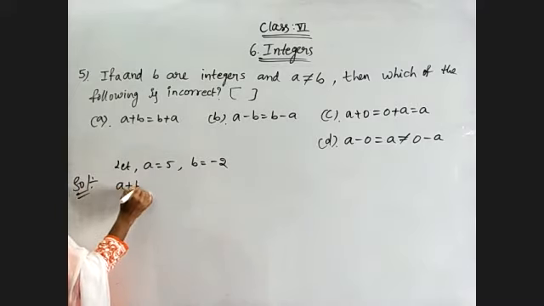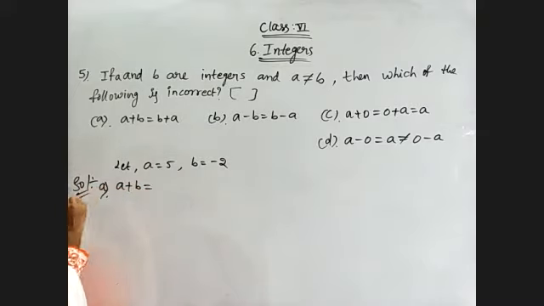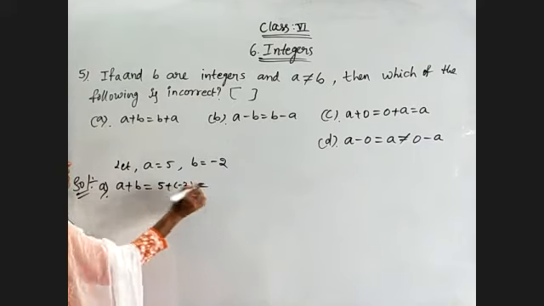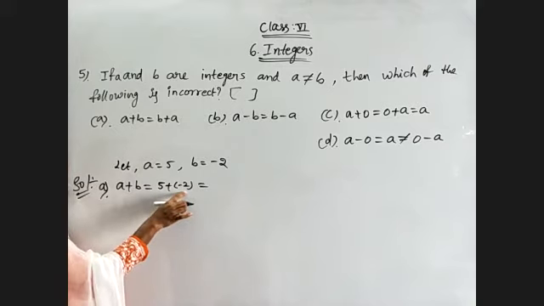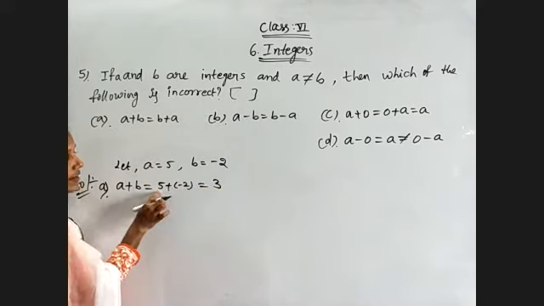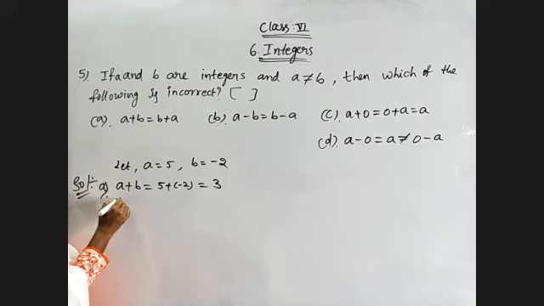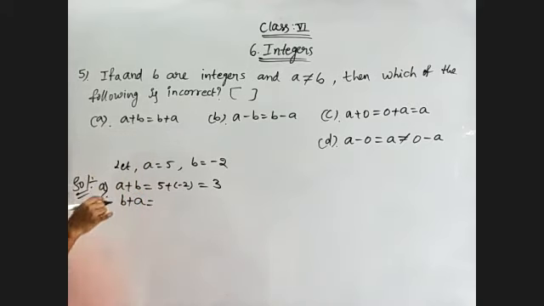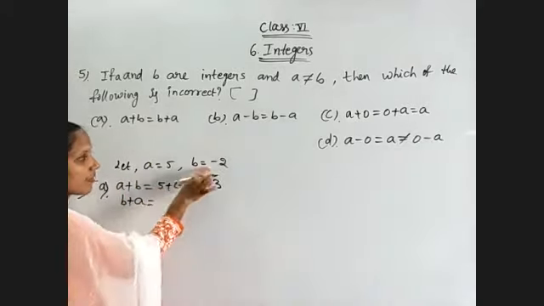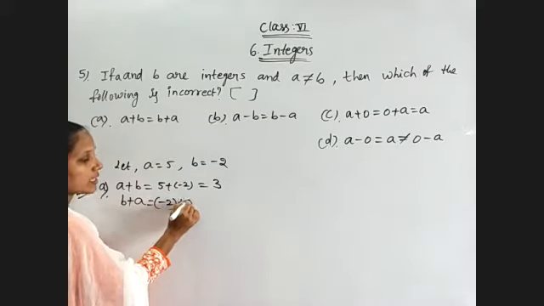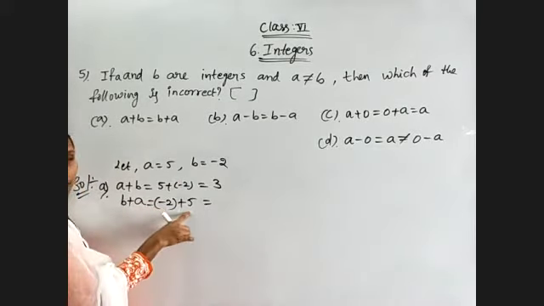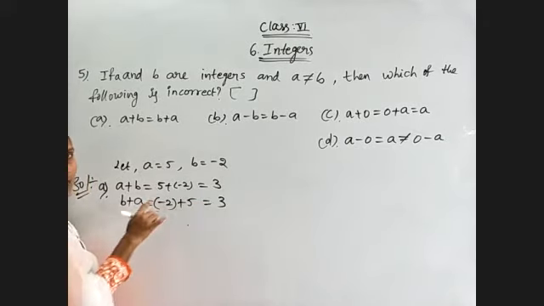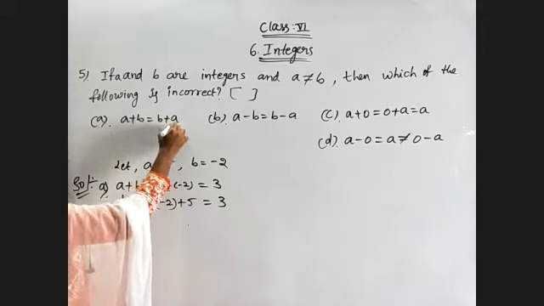Observe A plus B value first. A plus B is equal to 5 plus of -2. That is nothing but one is plus, one is minus, so subtraction. 5 minus 2 is equal to 3 and 5 is having plus sign, so plus 3 will be my result. Now B plus A value also we have to find. Both are equal or not we are checking. So B plus A is equal to B value is -2, A value is 5, minus plus subtraction. So 5 minus 2 is 3 and 5 is having plus sign, so plus 3. Both are same. So first option is correct.